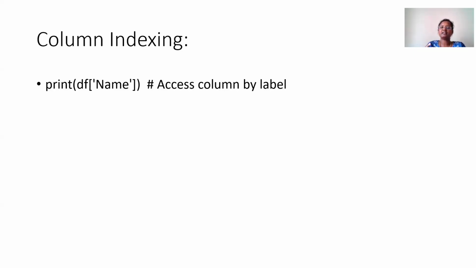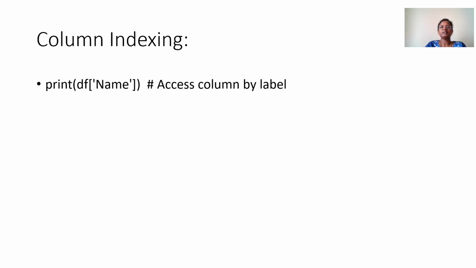When you want to extract the names of the students, you can go with print of data frame name. At that time, whatever values are available under the name will be extracted.